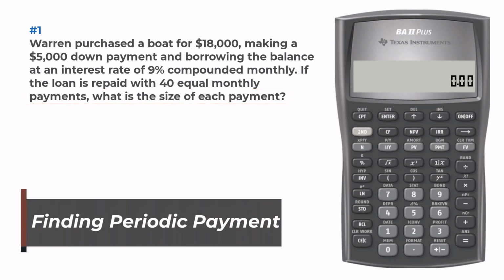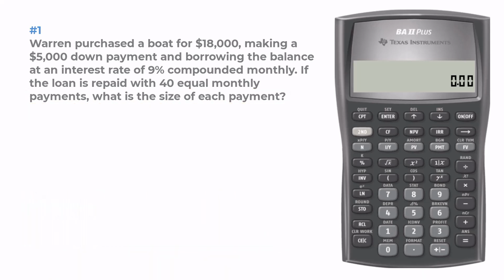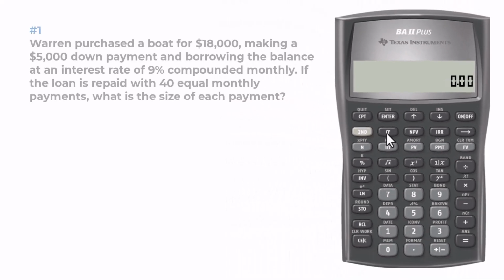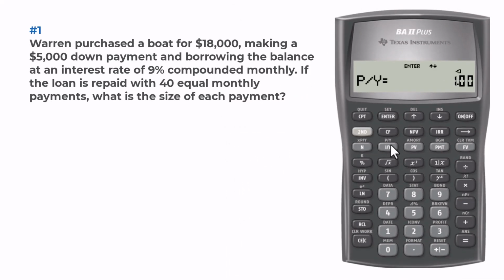The question here requires we find the periodic payment. I will be using these time value of money buttons. I can press second, clear time value of money to set all these entries to 0. I will start by setting PY. So second PY, since payments are made monthly, I will press 12, enter, and press the down arrow button for